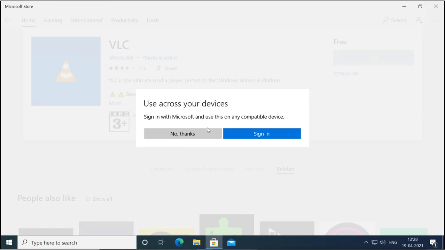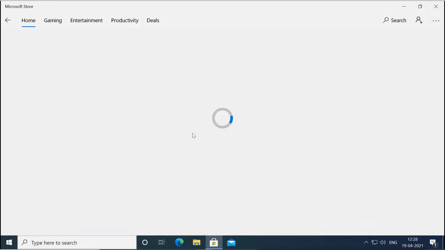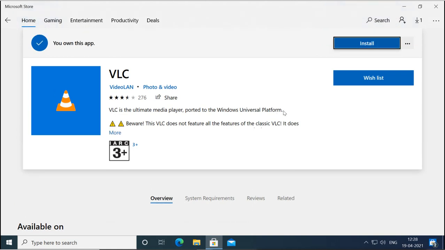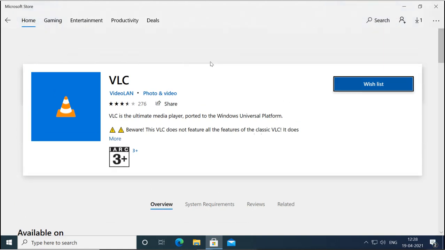It says that you have to sign in to use this application on multiple different devices. If I say no thanks, it is also giving me the option, and it is now installing also.